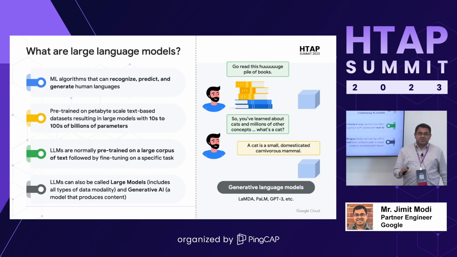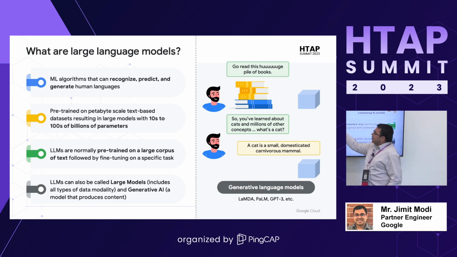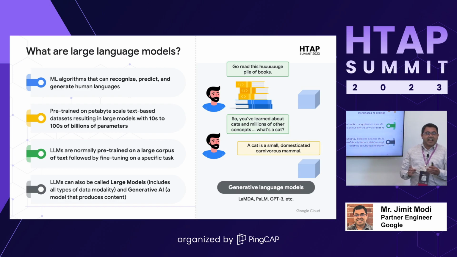Right, so just to make it very clear, what are large language models? Essentially, think of this as there is a model, and you have told the model, go read these petabytes of information which is out there. So they have gone, they have read through tons and tons of knowledge from the books, from the internet, from anywhere else you can point them, and now they are ready. So as you can see in this example, you gave a ton of books to a model, it came back, and then you are asking, what is a cat?